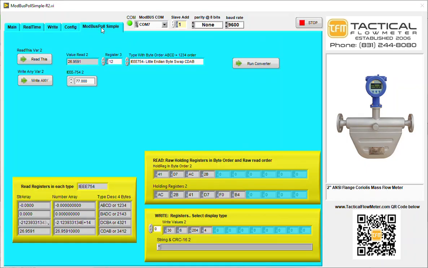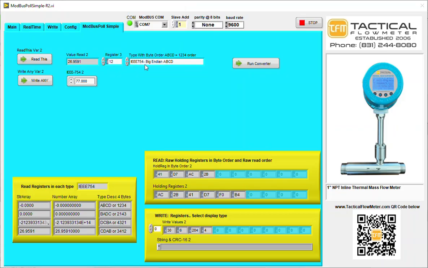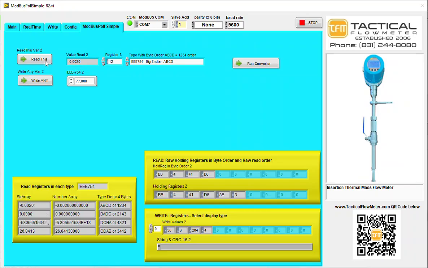So to discover what they are, we will select a type. Let's say, most people think it's ABCD. I'm going to read register 12 of this COM7 of slave ID 1 at 9600 none. Read, and the number isn't reading what I want, but what we have that's different than ModBus Poll is we